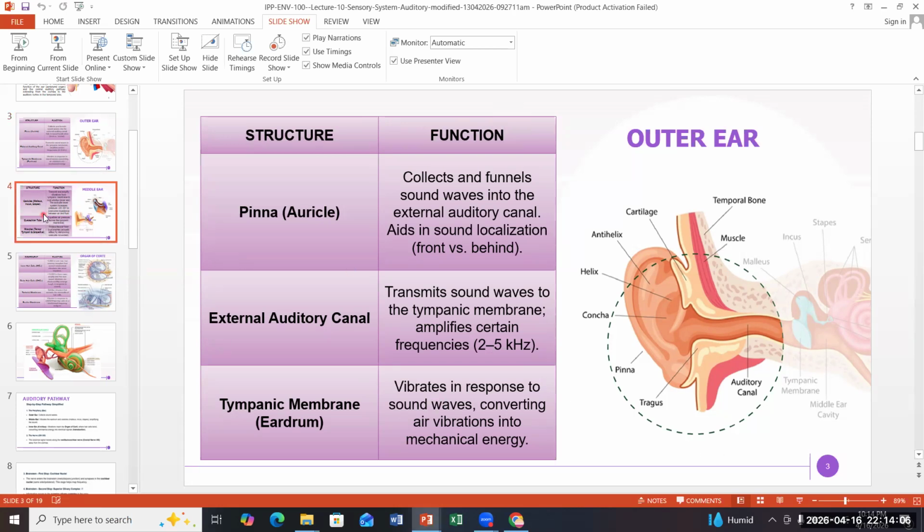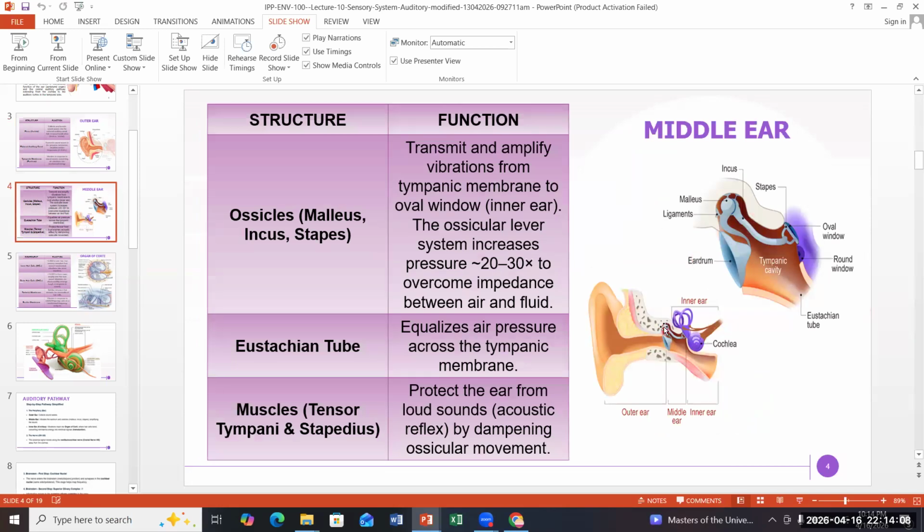After the tympanic membrane, this blue one, if we enlarge this part, this is the tympanic membrane. The tympanic membrane is attached to three bones. If you observe very carefully, you can see the first bone is malleus, right? And malleus is attached with the help of ligaments. Ligaments are the structures which join two bones together. So malleus is the first bone. The second bone is the incus, and the third bone is the stapes.